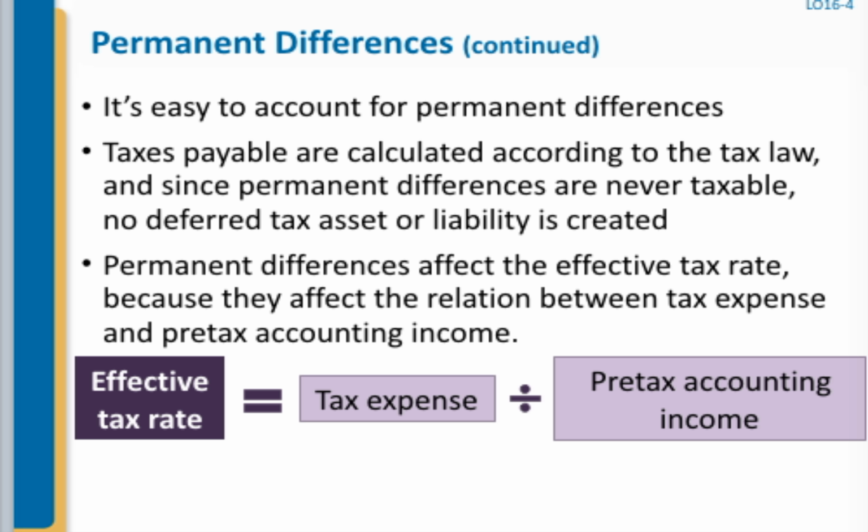Put all that stuff back on the table and compare that to the amount of tax you paid and see what the relative percentage is. So obviously if you're doing that, then any permanent differences will affect your effective tax rate, because what effective tax rate does is it captures all of the items,